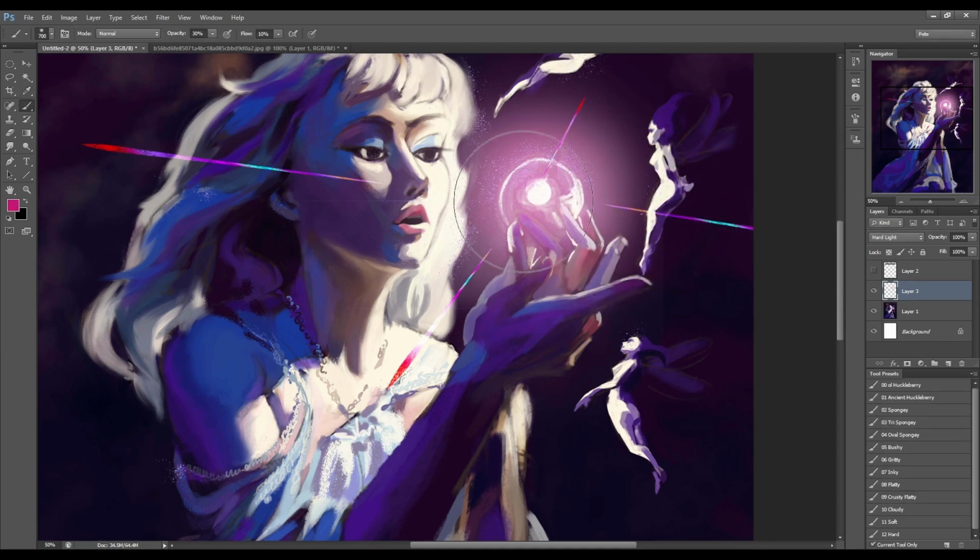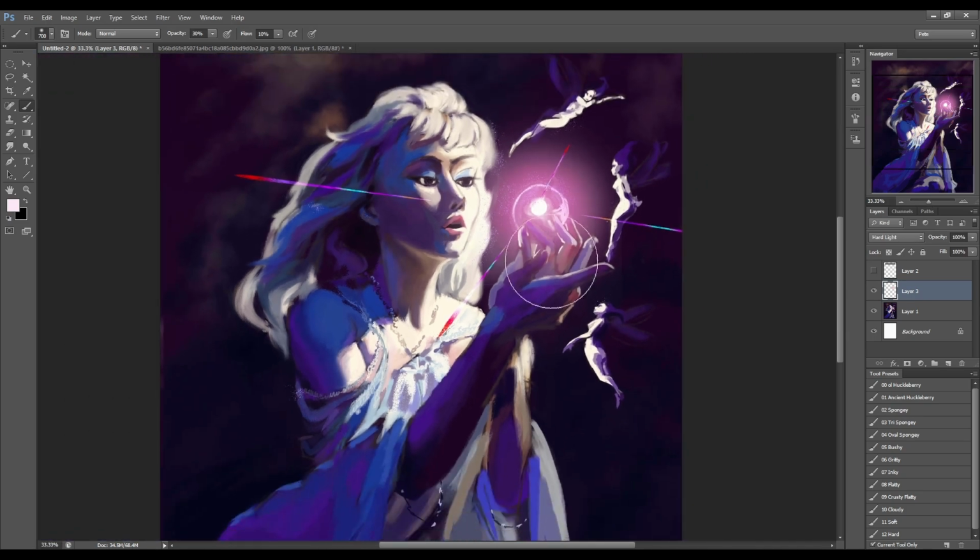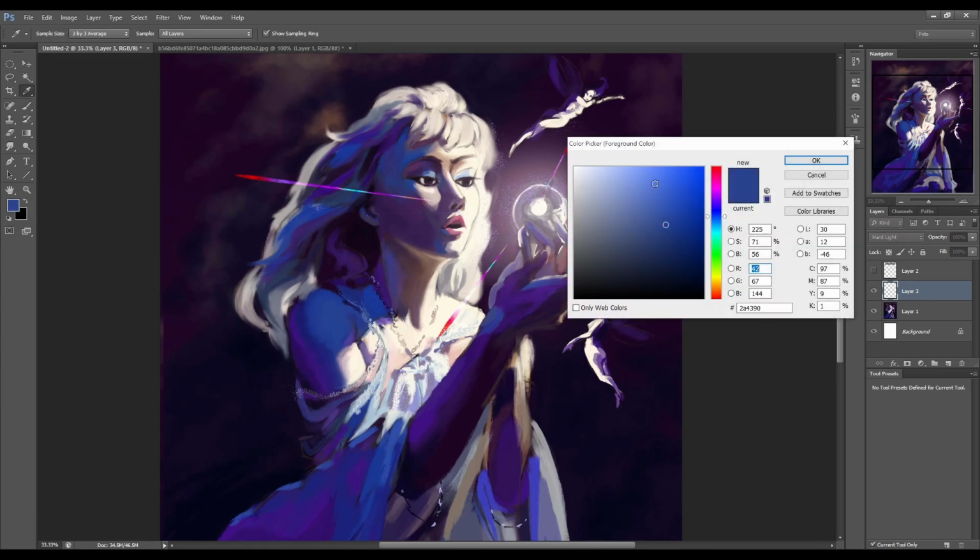And so you can take a middle tone and start splashing it around an area like this, and you can start getting this very nice glowy effect. And this is one of the only areas where I used soft brush for a long time, on these kinds of special effects. And my preferred method of adding it was always with hard light.